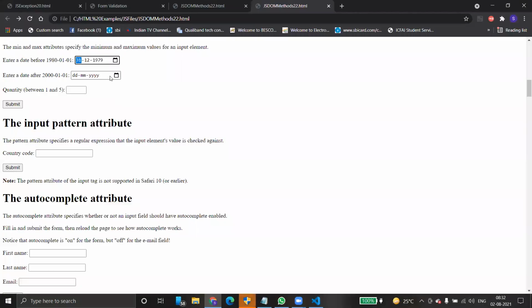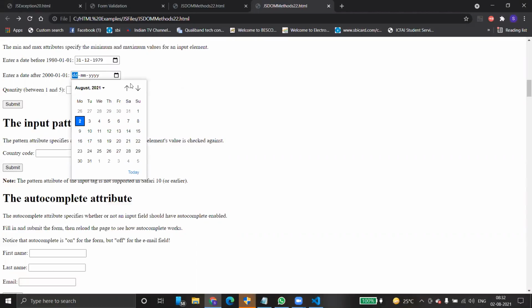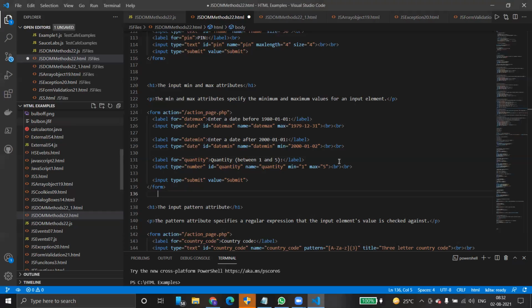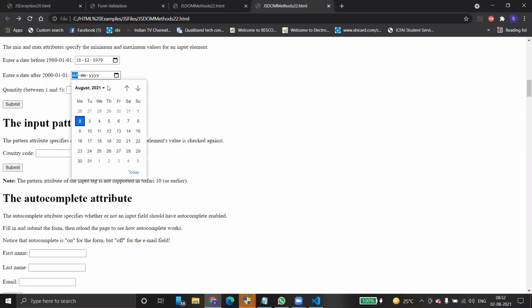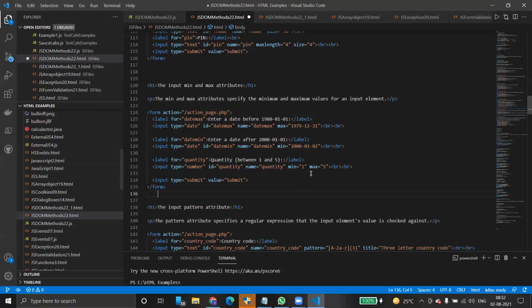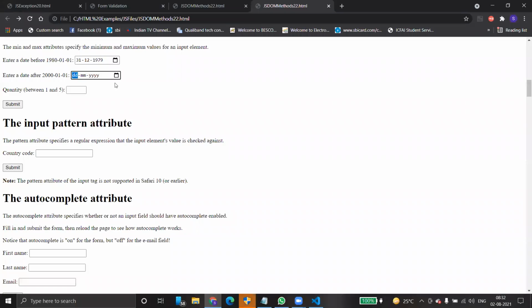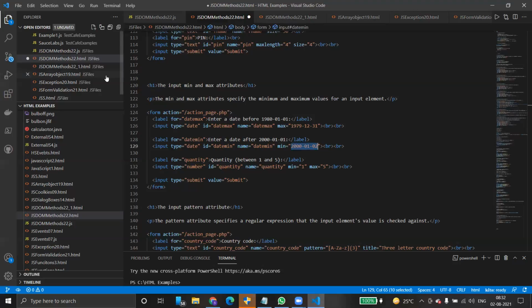Minimum value means, so this is a minimum value. 01/01/2000 is the minimum value. So you can go up to any period from this. That means if you go to 2000, I'm just copying the minimum value directly.